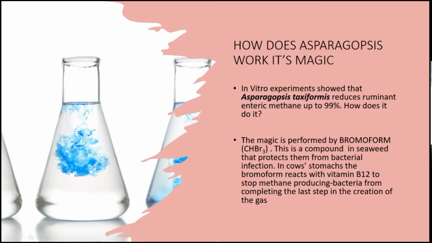Okay, this is a compound in seaweed that protects them from bacterial infection. How they found this out, I don't know, but they do it. That's why we have science. In cow stomachs, the bromoform reacts with vitamin B12 to stop methane producing bacteria from completing the last step in the creation of the gas. Isn't that amazing? Now, I'm going to show you a movie on using this. And by the way, look at all this technology here to make even this slide. This was done automatically by the program. They're pretty smart,